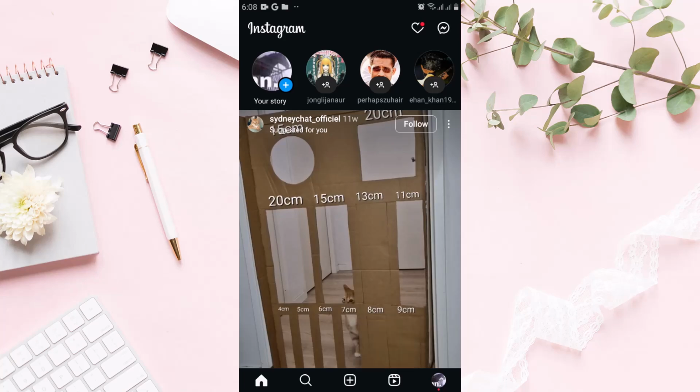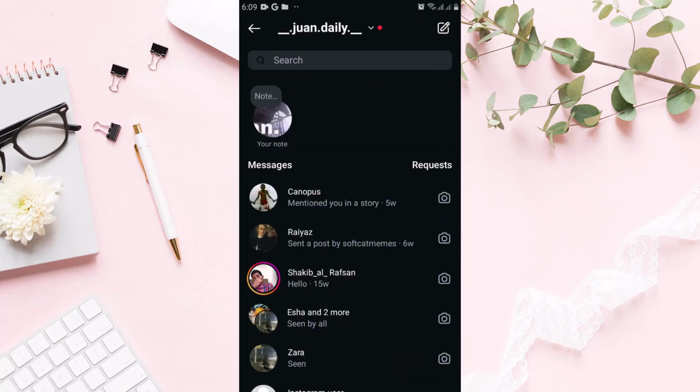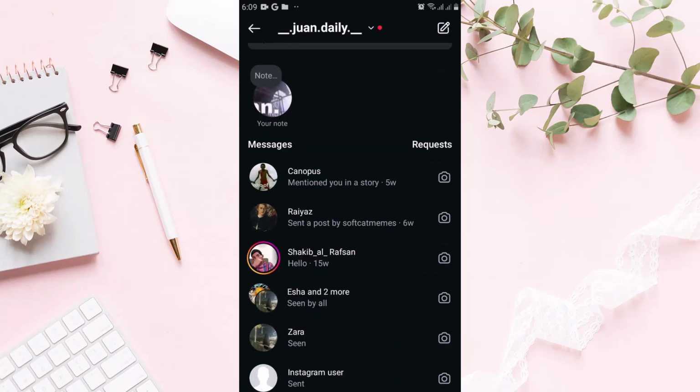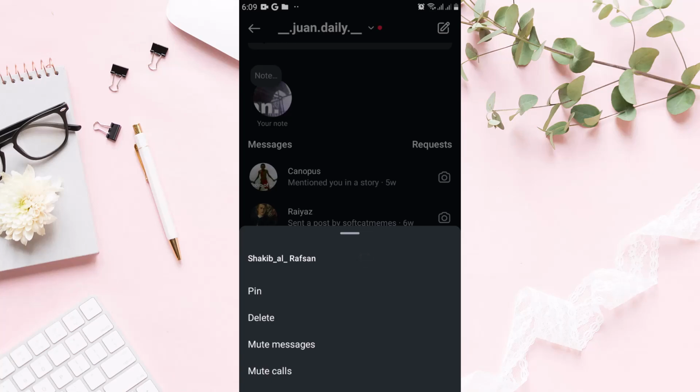Once you're in your Instagram account, head over to DMs by clicking the DM icon on the upper right corner. Then select a message that you have just read. Suppose this one. And if I tap a while on it, you can see there is no option to unread